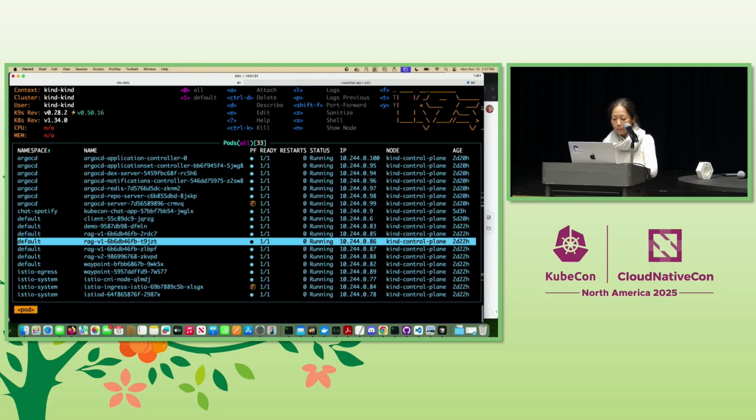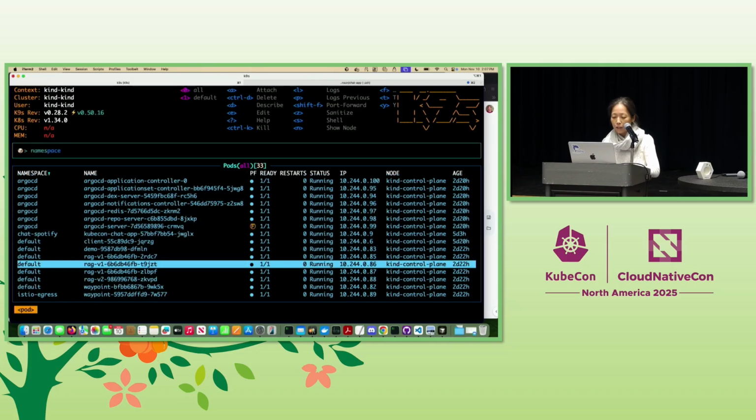This is my Kubernetes cluster. In my default namespace, I have my demo application deployed. I also have RAG pods deployed. You can see version 1 and version 2. Notice I'm not running any sidecar. I'm seeing 1/1, right? So that means my pod only has one container. And in the namespace of default,